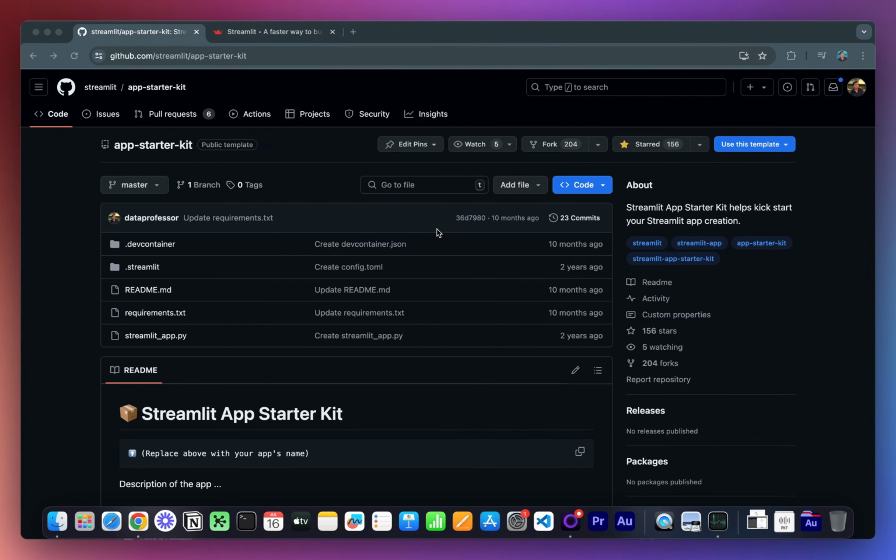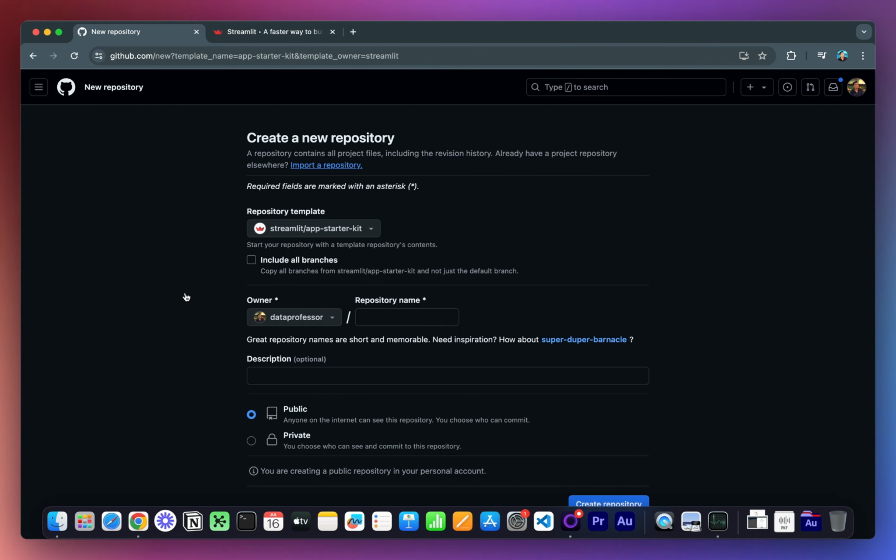To deploy a Streamlit app, what you want to do is create a GitHub repo to house all of the files to your Streamlit app. An easy way to get started is to go to the Streamlit App Starter Kit, which is hosted on GitHub. You could click on Use This Template, and it will allow you to clone the directory hierarchy and all of the necessary files that you'll need to deploy a Streamlit app to the Streamlit Community Cloud.